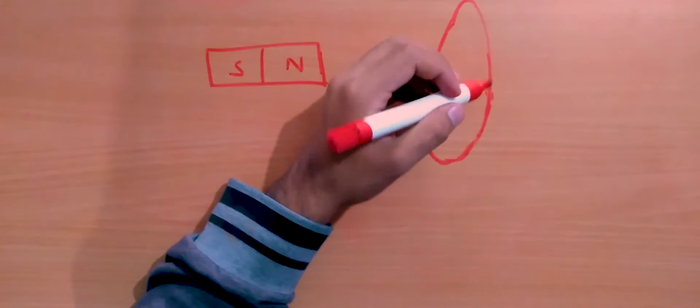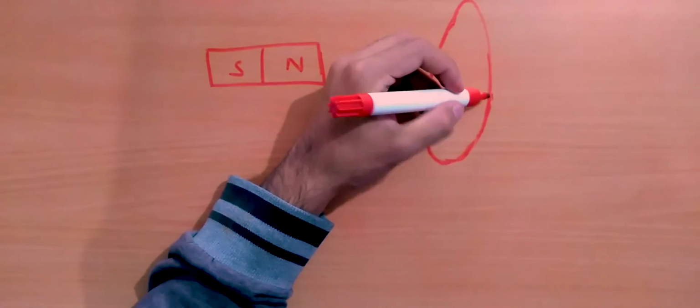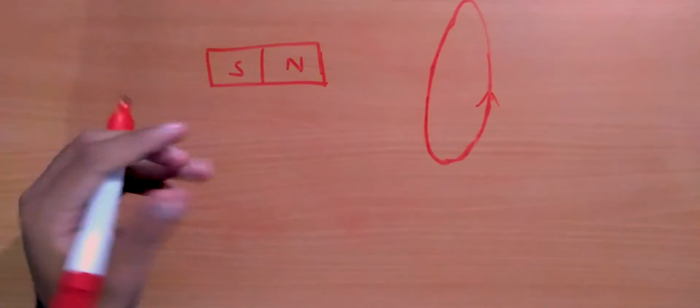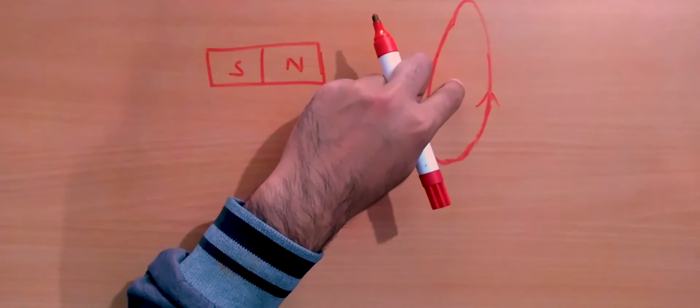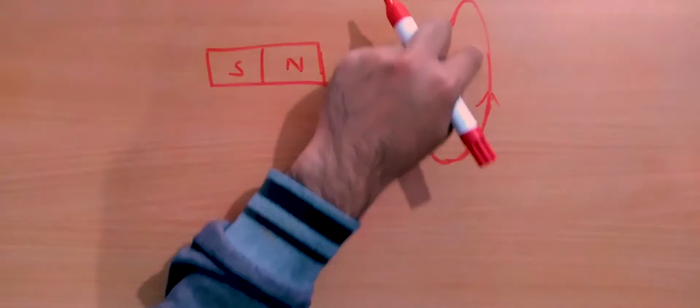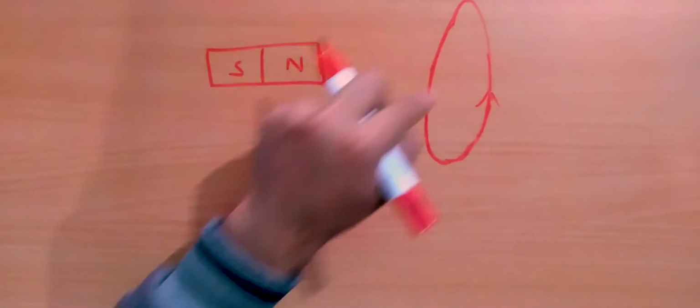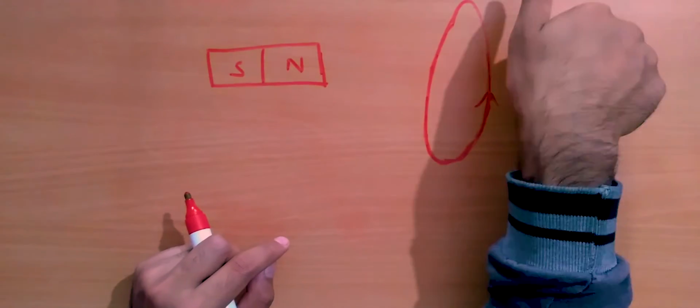So which leaves us with only one option, that the current must flow in this direction. Now let us bring the magnet in that direction. Let us move it in that direction. The flux through this is increasing, and we get a current in this direction. Now when we get a current in that direction, if I point my thumb in that direction, we know that